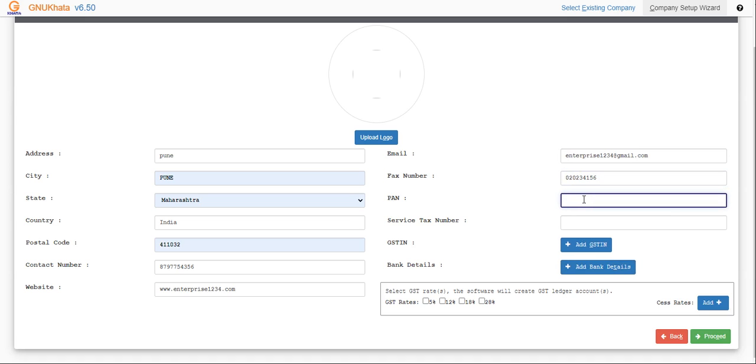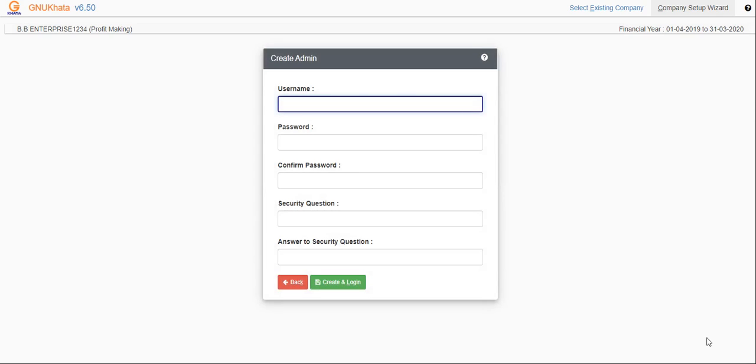Then your PAN number. You have to provide a PAN number; provide any duplicate PAN number. Suppose ACFPD 3456F. Okay, then your service tax number, which you don't know, and then click on proceed.